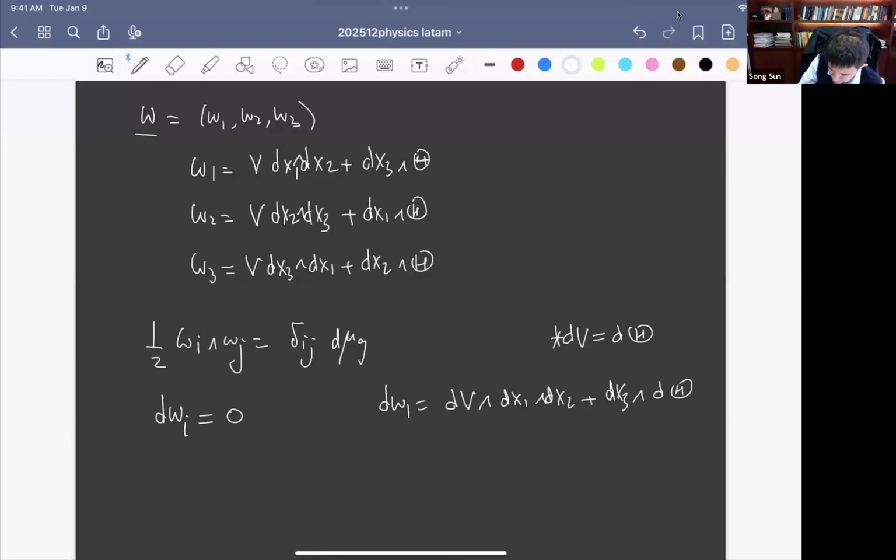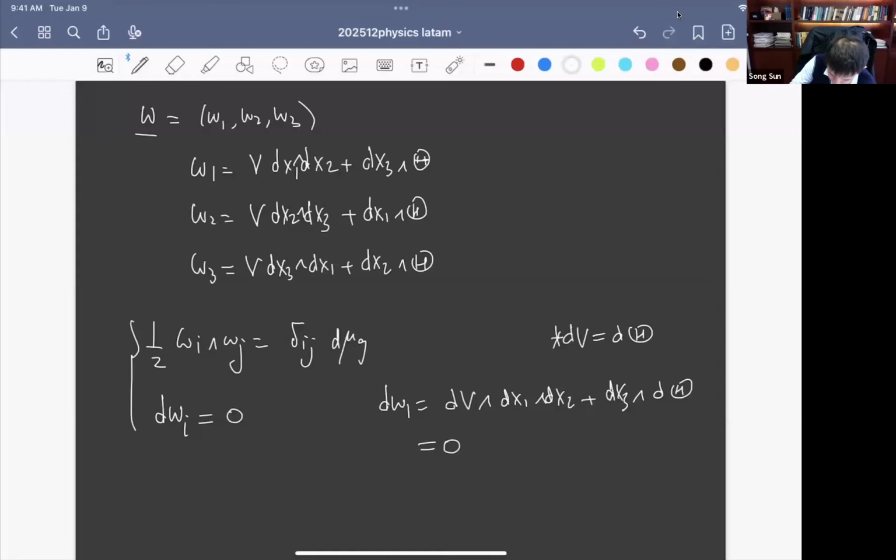Everything here only depends on the x1, x2, x3 variables, so there's no t component. So this is just, say, v3, and then here you get d theta, the 1, 2 component, and that's exactly given by this 0. So by the fact I said before, it is hyperkähler, but actually we can